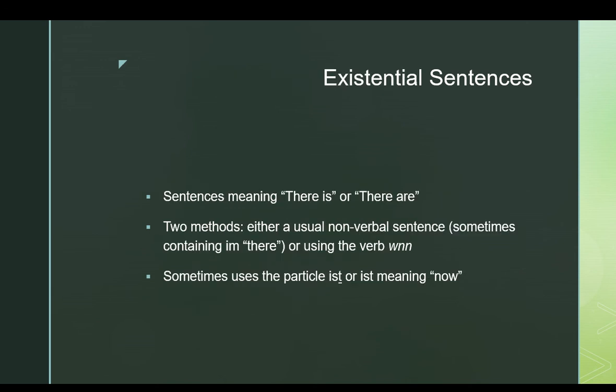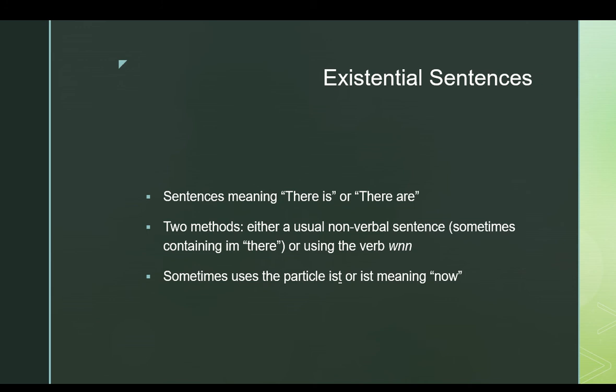Very simple. There's another kind of sentence we need to talk about briefly before we can really get into negating it. That is an existential sentence, which is a scary sounding word that just means a sentence saying that something exists. There is X, or there are X. There are two methods, either a nonverbal sentence, as we would kind of expect for something containing is. Usually it contains the particle im, meaning there, just as a sort of existential qualifier,